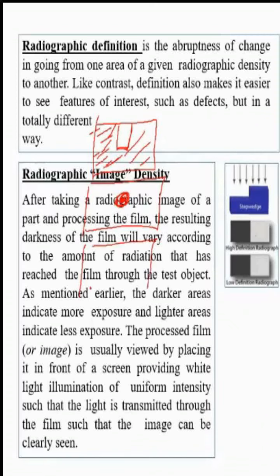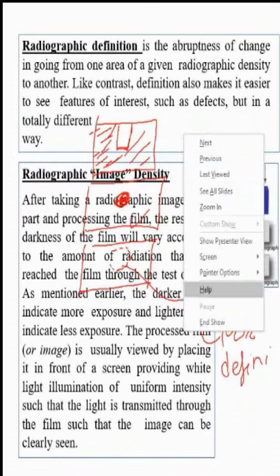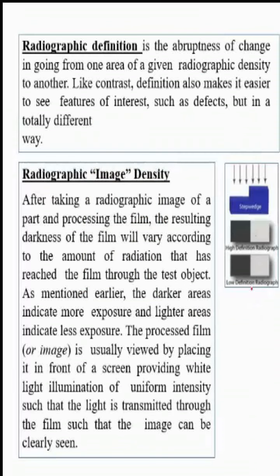For example, if you have another radiograph, another type of film or system, and you are not getting the exact round, you are getting something blurred like this, then this is called poor definition. Okay, so this concept should be clear. When somebody asks you what is definition in a radiographic film, you should give this answer, not the definition of radiography, right? Now density we have already done, and the formula for density is known to us.